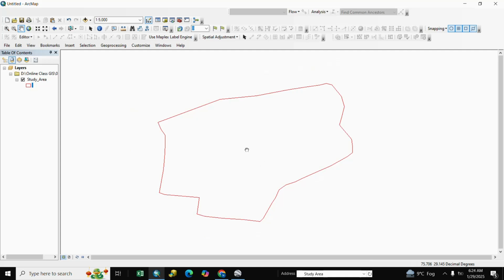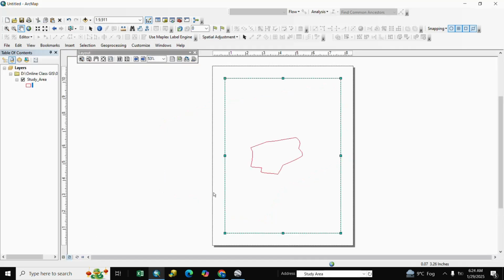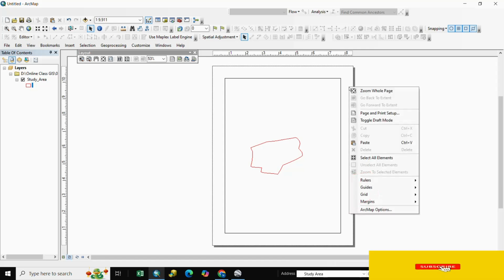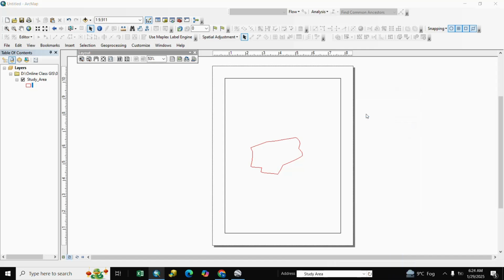After it, we go to layout view. Here is layout view, and you also select its properties. Here is A4 size. If you want to change the page size, you go to page and print setup.